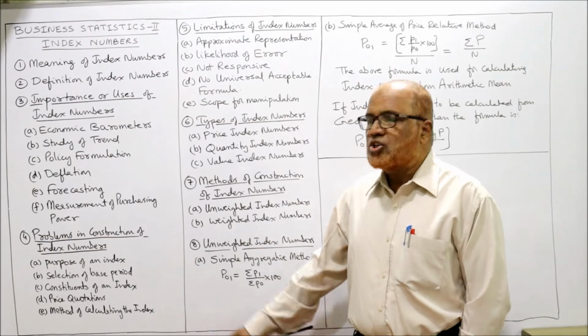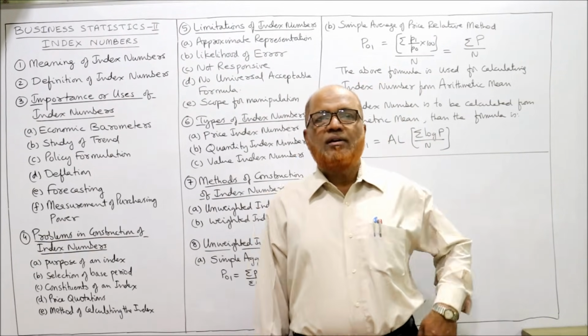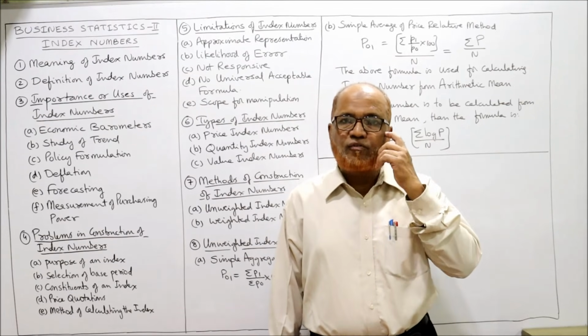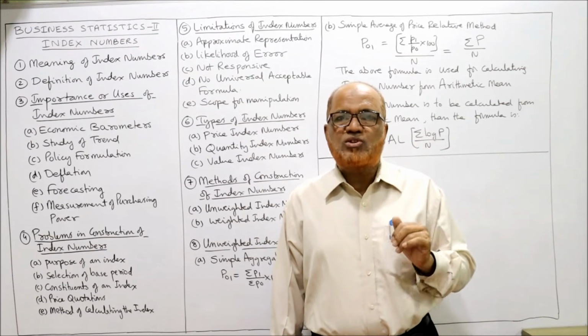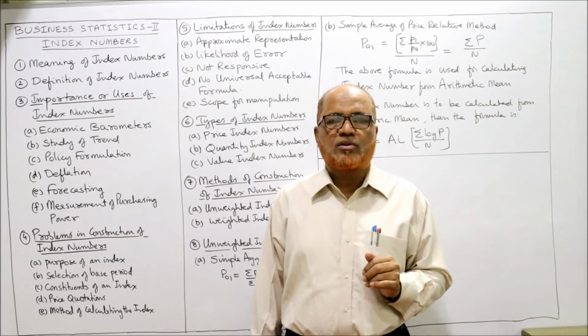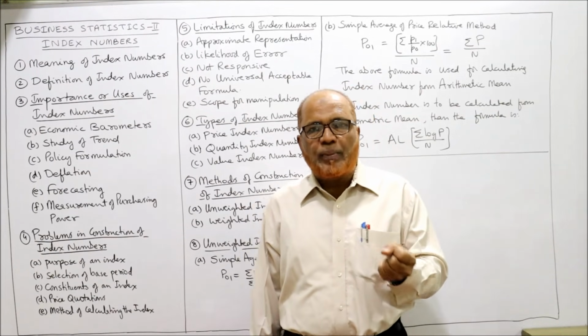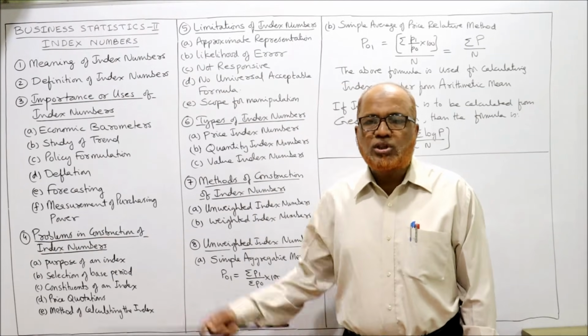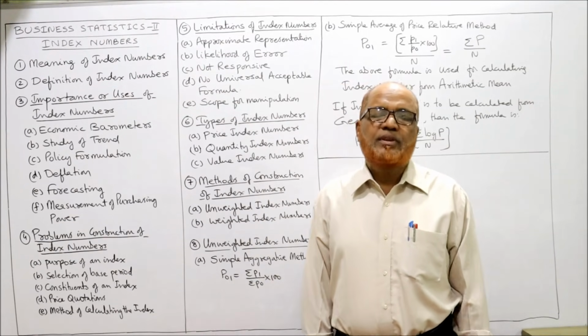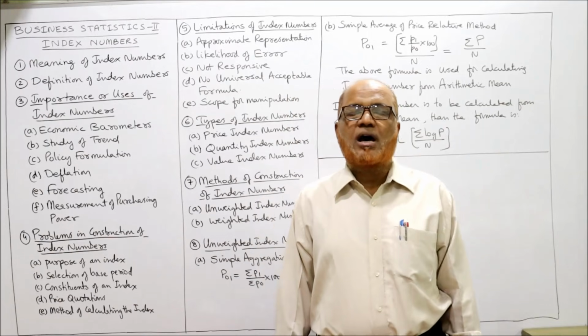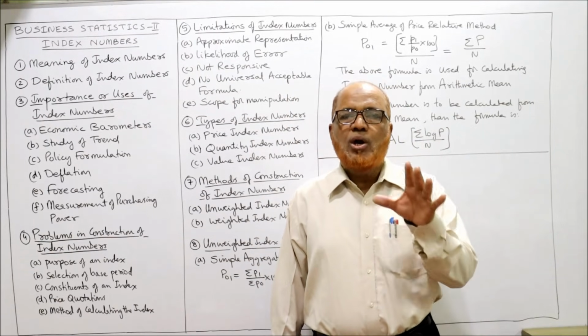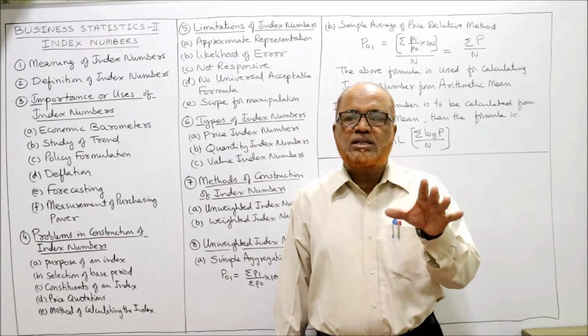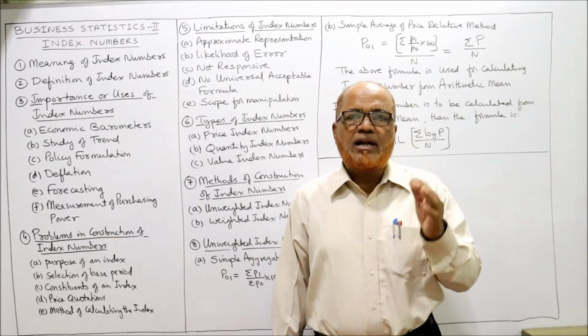Then measurement of purchasing power. Most importantly, we will find out the purchasing power of money. The value of money will change from one point of time to another point of time. So in order to find out the purchasing power, again index numbers are used. So these points explain that index numbers are extensively used wherever quantitative data is available at different